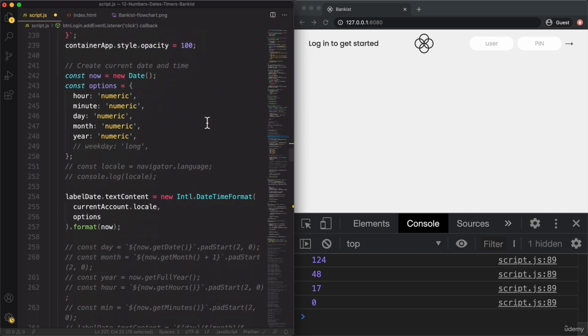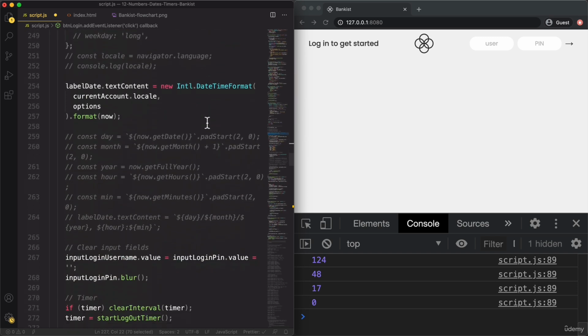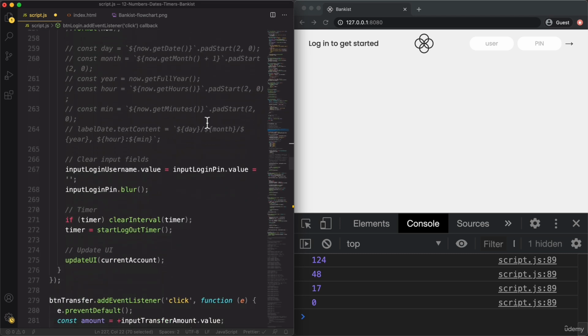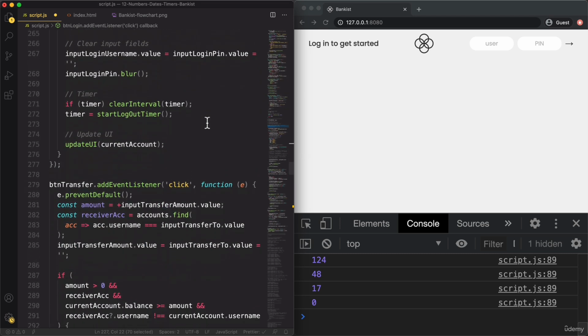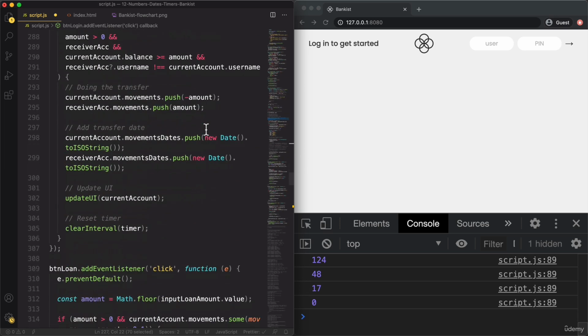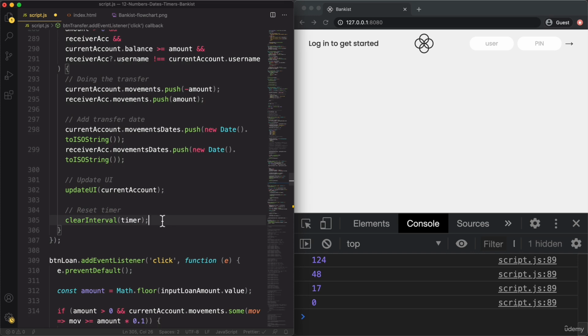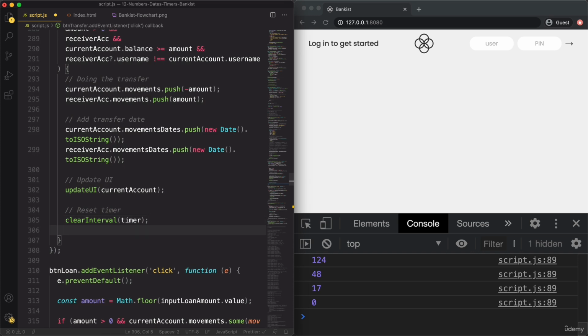And that was because we wanted this variable to persist throughout multiple logins. But now it's also important because we need it later for other operations. So inside other callback functions. And in particular in this one now. So clear interval of that timer that was defined previously, and then we simply start a new one. So basically we then overwrite that initial timer that we had before. So start logout timer,